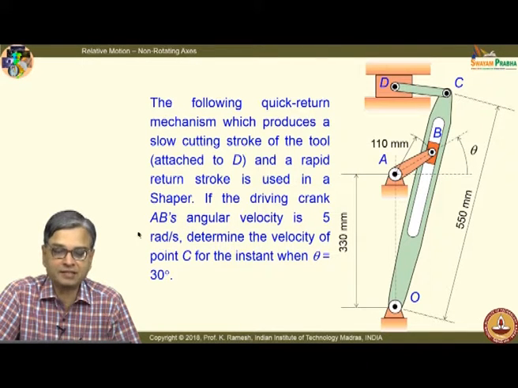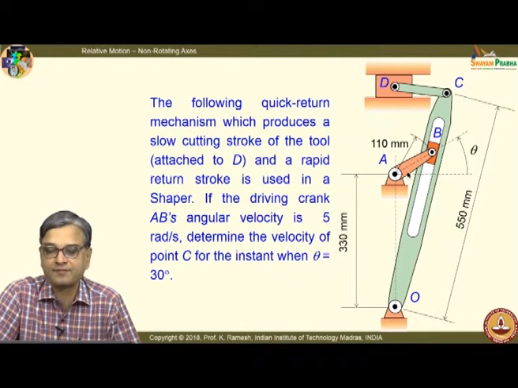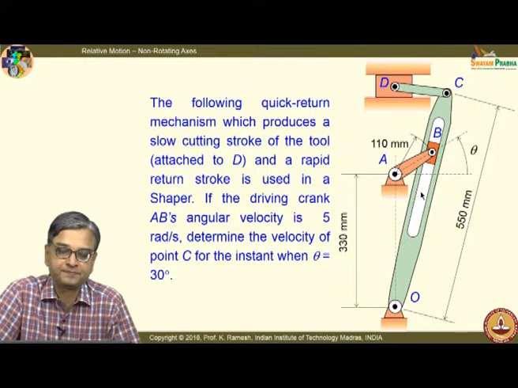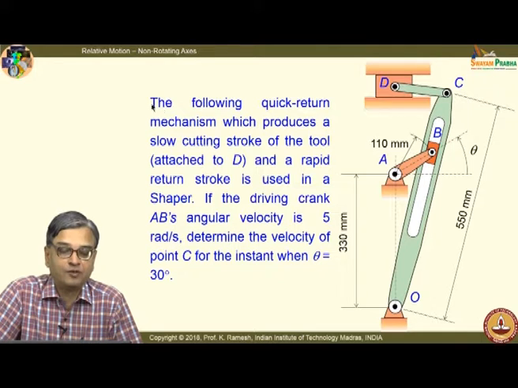So, the problem is like this. I have a slotted arm like this, I have a crank which is rotating it, and the shaper tool post that was moving back and forth is just put as a sliding block like this, and you have the geometric dimensions. Make a neat sketch of it, and you have already seen that it takes a longer time while cutting the work, whatever the job that is kept there, and takes a shorter time to come back.